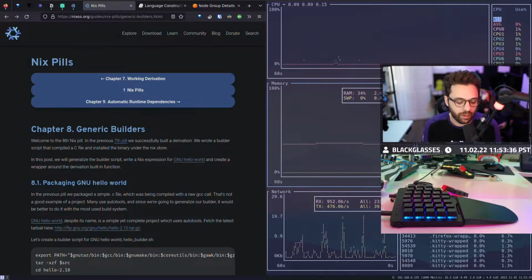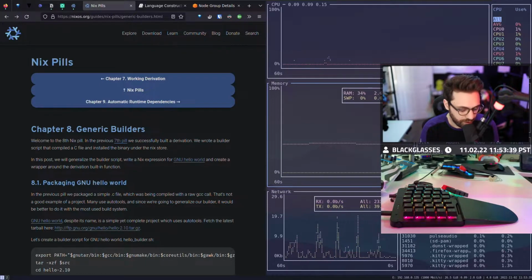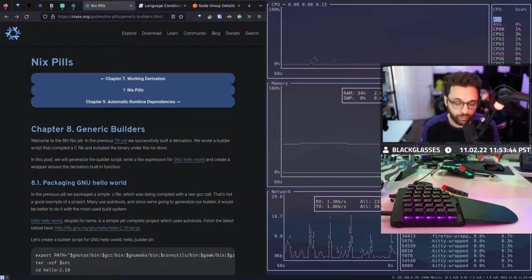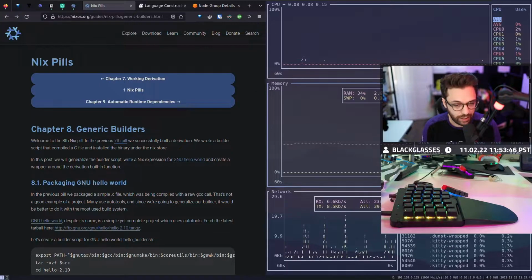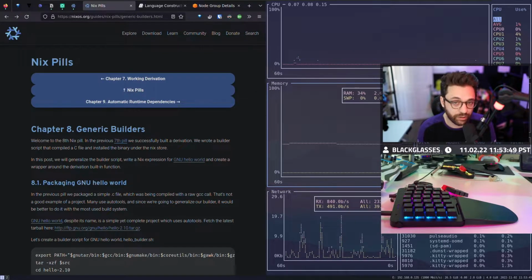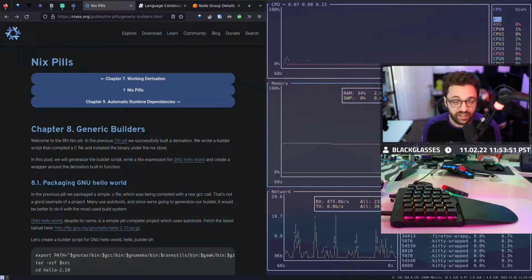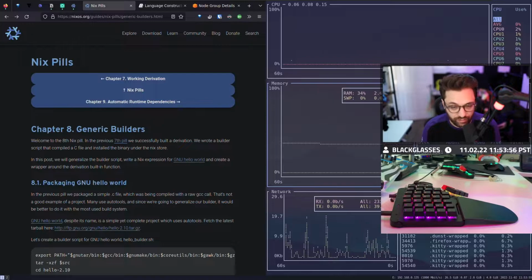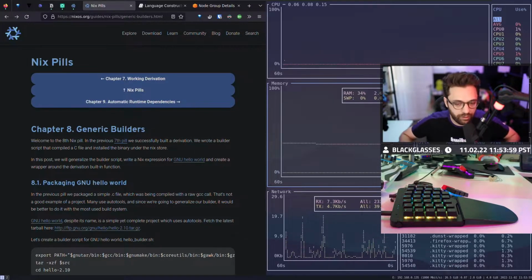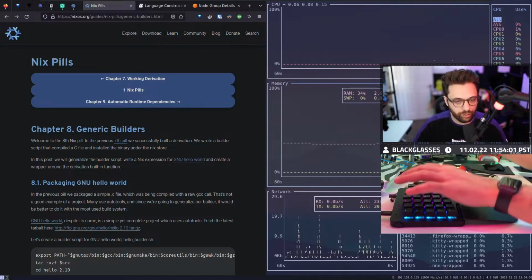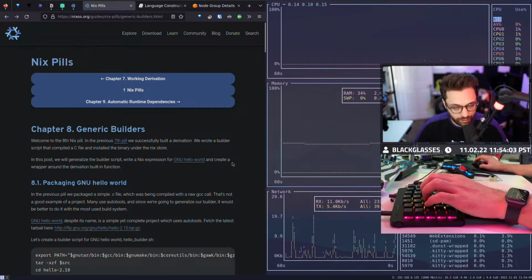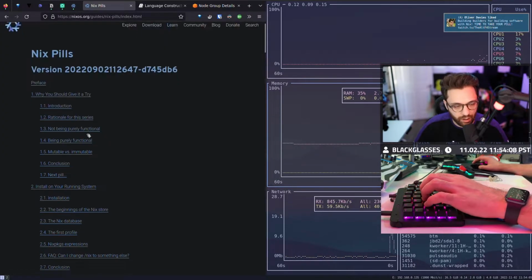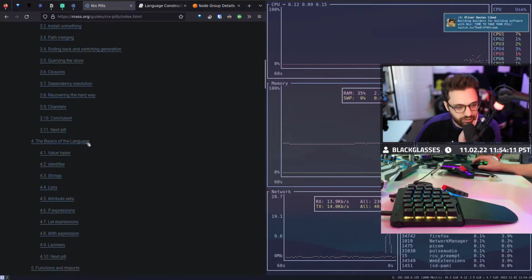Ideally, a big comparison between the two is Docker is imperative, meaning you basically copy commands that you want to run, and then it runs it for you, hoping that by the time you're done running those commands, you get the output you desired. Nix is declarative, and so the idea behind it is that Nix is more configuration focused, where you give it parameters, options, and those produce a build or derivation, as we call it.